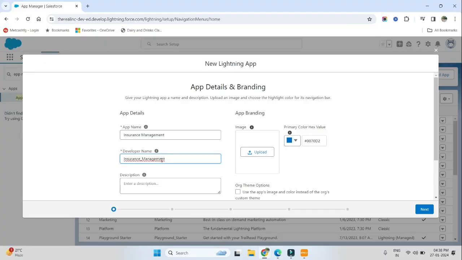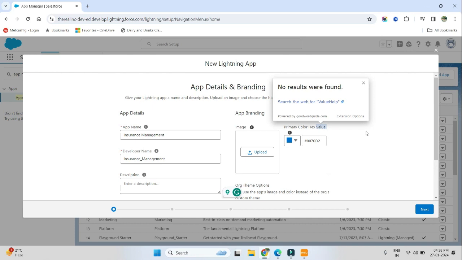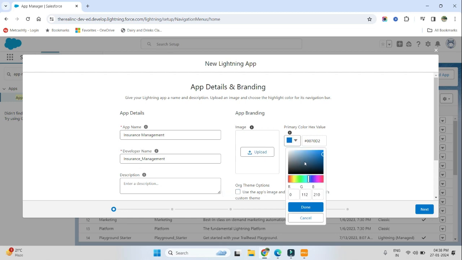And the developer name will be auto-populated. You don't need to type this in. Next is the description. This is completely optional. If you want to guide your end user on the purpose of creating this app and who is going to use it, you can describe it here. For the app branding, if you have any logo or image for your business, you can upload that image here, and you can also change the primary color. I will change this one,